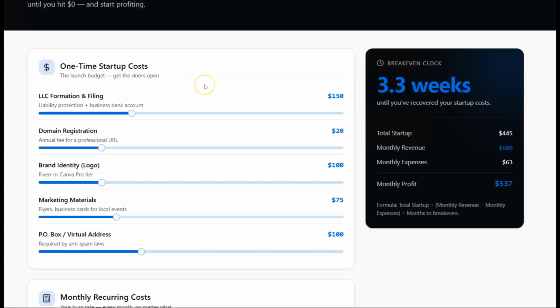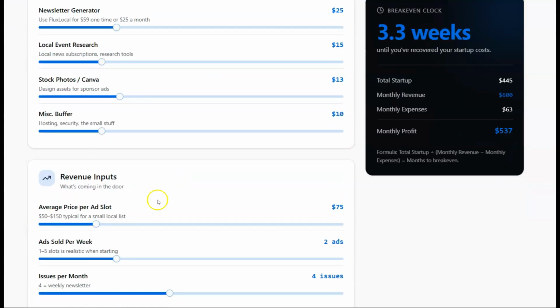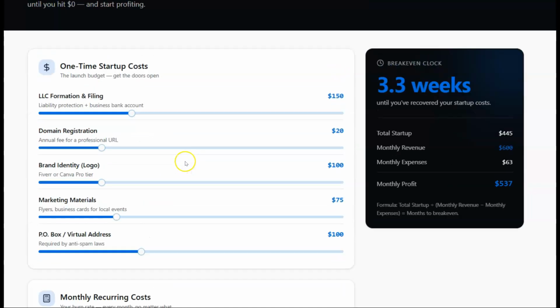Now, obviously, you might not be making money from day one, but I will talk to you when we get down here, revenue inputs, about how you can get some of the money back very, very quickly from the first week. So the first thing you need to be able to do when starting your business is